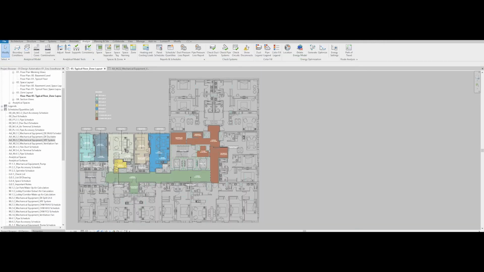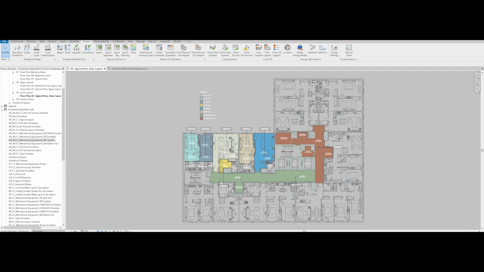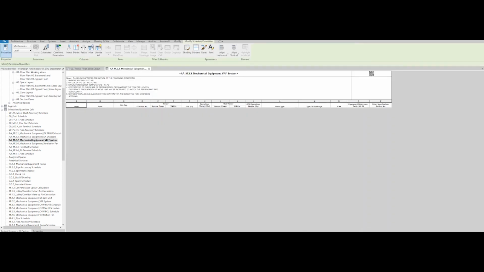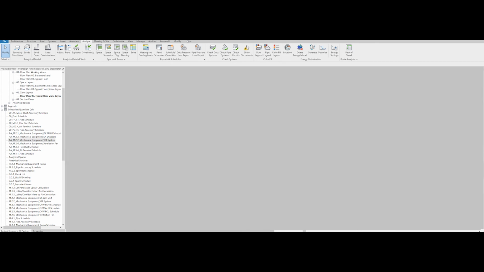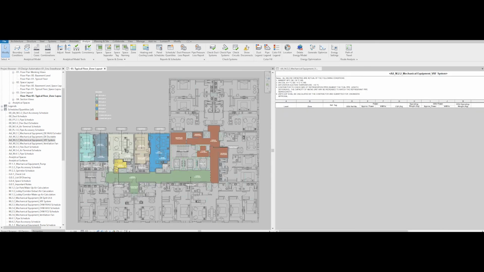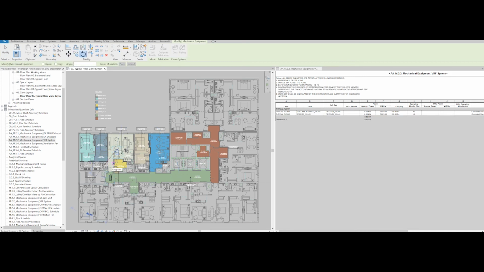Now I just would like to show how the equipment schedule is going to be prepared here. This is the HVAC zoning layout, and you can see the equipment zones with different color coding. This is the VRF equipment schedule template, and I am placing VRF indoor units in each zone and the schedule is updating accordingly. All this equipment information can be seen by all the disciplines who linked our file. Also, this equipment information supports very well at the time of design, coordination and the construction stage.